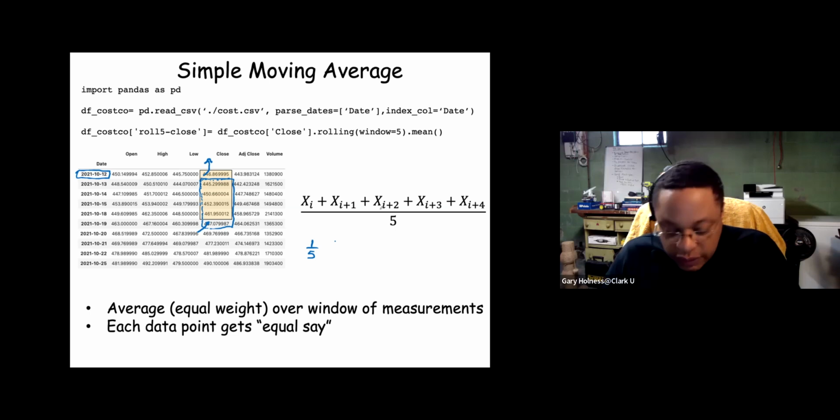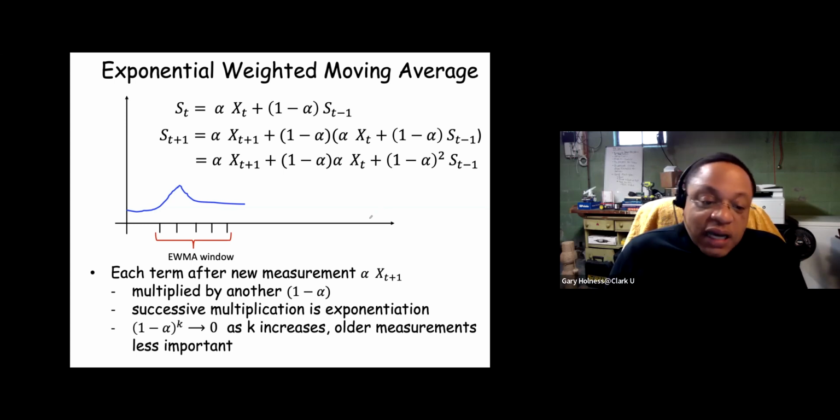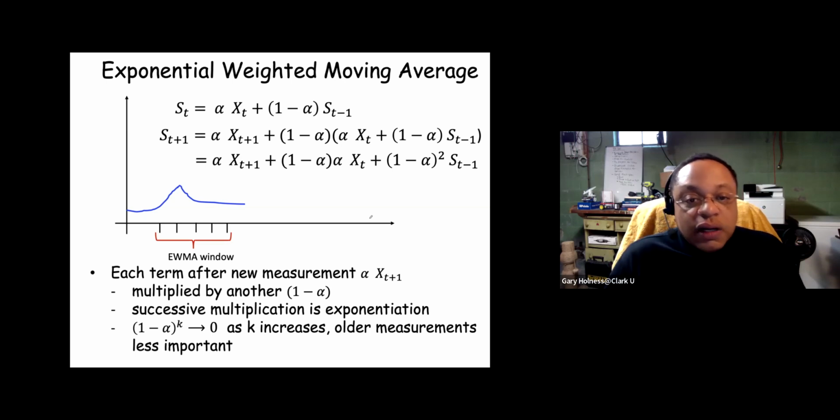And so we talked about this idea of should each of the measurements have equal say, and sometimes you don't. Now, certainly when they have equal say, the utility of doing a rolling average is that it's a little bit more stable, because if you have some temporal sequence like we have depicted here on the blue curve, and you have a so-called window of measurements, 5 measurements wide, you're determining what the value should be for that instant in time based on a set of measurements.